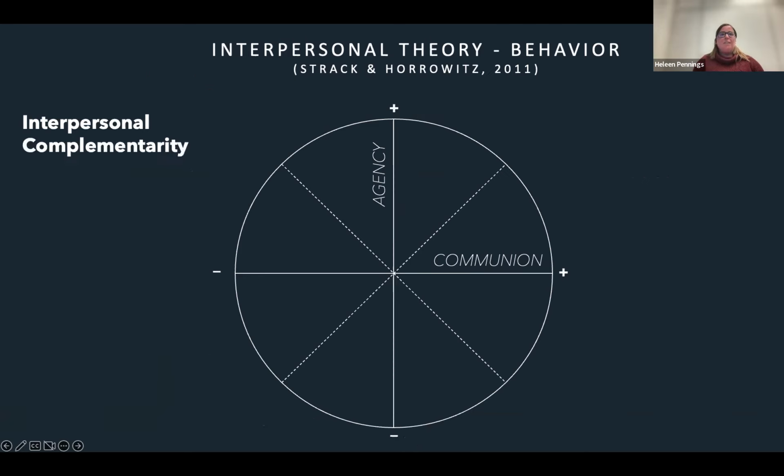People who behave high in agency will elicit behavior low in agency from the other person. It's a bit of a weird example, but at the moment I am talking, I'm explaining to you, and you all are listening and not interrupting me. So I'm more agentic, and you are, well, submissive to my talk at the moment.